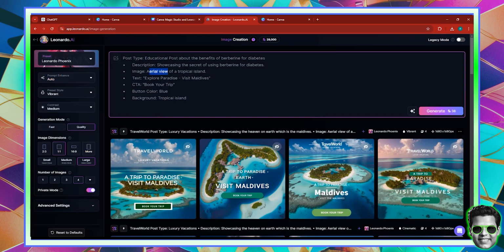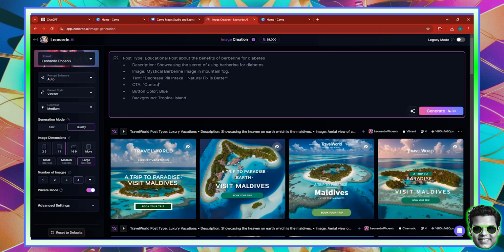And we have an image, which is, let's just say, a mystical berberine image in mountain fog. I could have said Himalayan mountain fog. The text is "explore paradise." Instead of explore paradise, let's just say control diabetes. And for the CTA, actually instead of control diabetes, we could say something like lower or decrease pill intake. And we could add some keyword such as natural fix is better. In this case, it's going to be